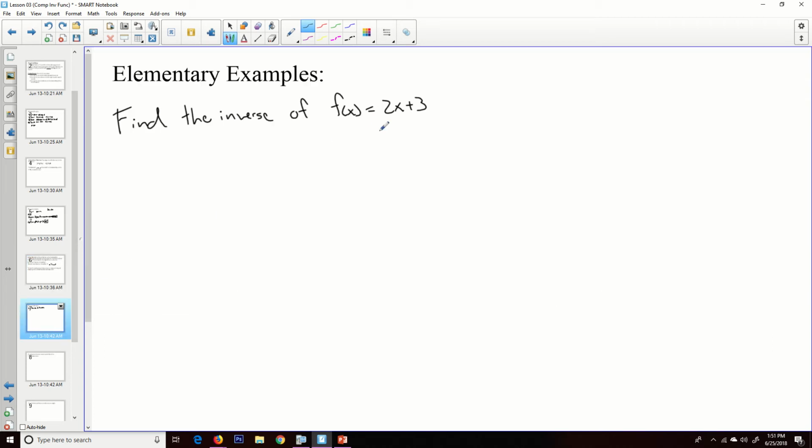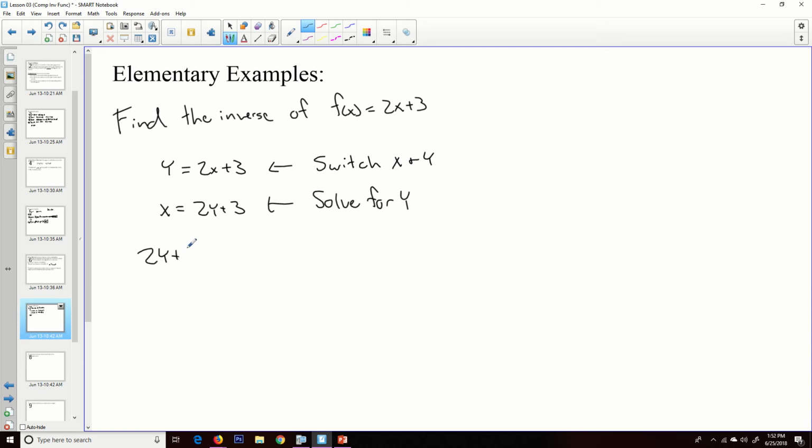So the process for finding the inverse function is we're going to take it as y equals 2x plus 3, and we're going to switch x and y, and so I'll get x equals 2y plus 3, and then we're going to solve for y. So I'm just going to use the symmetric property and flip these two over and say 2y plus 3 is equal to x,